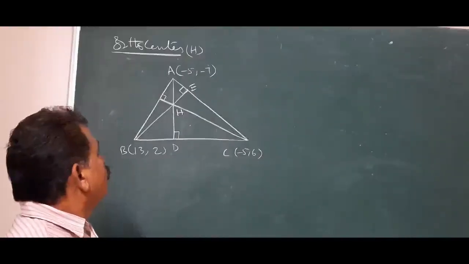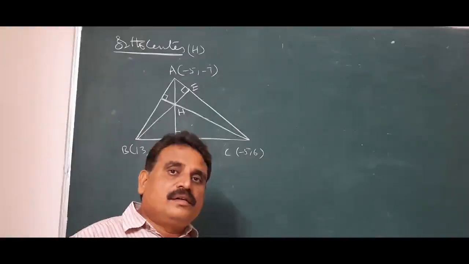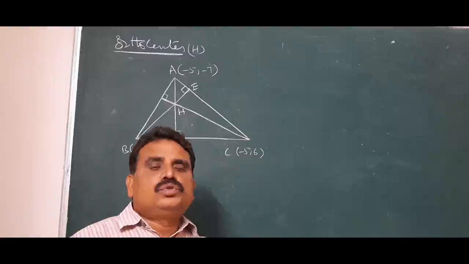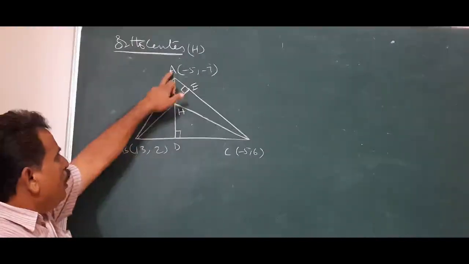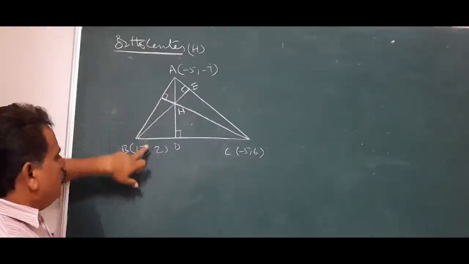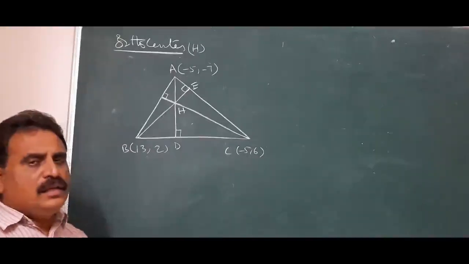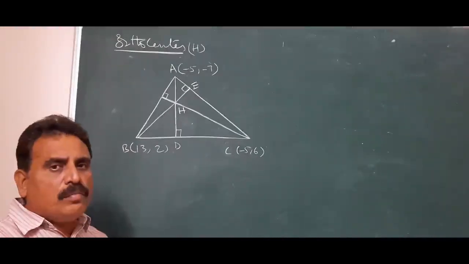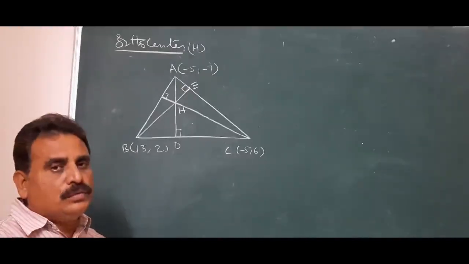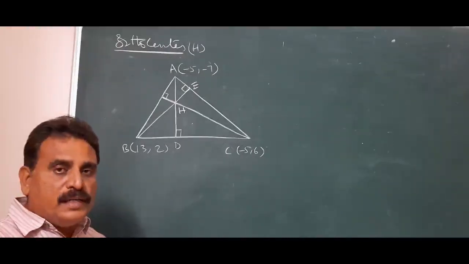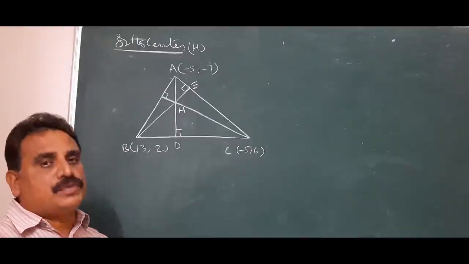Now, how to find the orthocenter of the triangle if 3 vertices are given directly? That means 3 or 4 steps directly you can write them. Look here. A (-5, -7), B (13, 2), C (-5, 6). Actually, this problem is a 7 marks problem in the state board exam. In objective, we can observe the points directly. We decide the right option among the given 4 options. Look here.